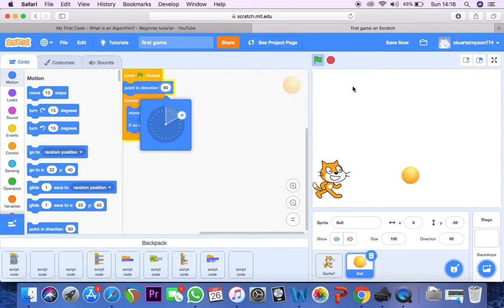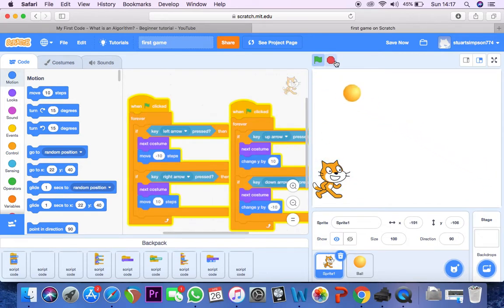So what we're going to try and do is make it so our cat has to get from one side of the screen to the other without getting hit by the ball. If he gets hit by the ball, he's going to go back to the beginning. All right. So I'm going to go back to my cat. I'll stop the script for a moment. And I'm going to say,